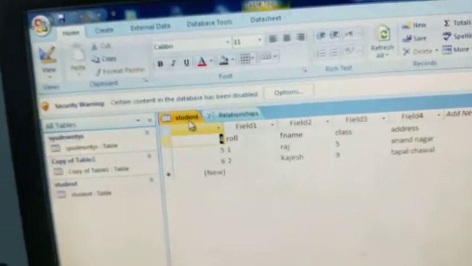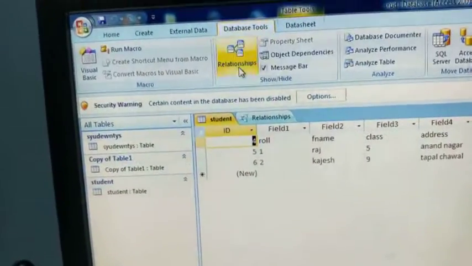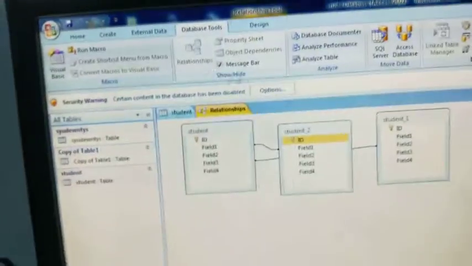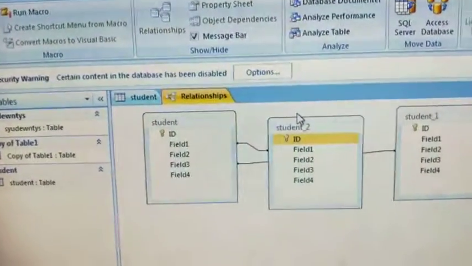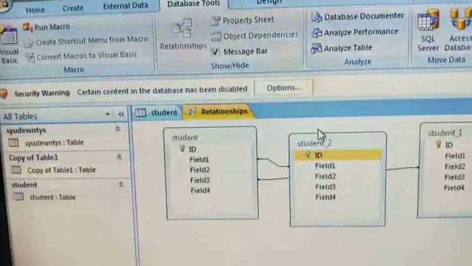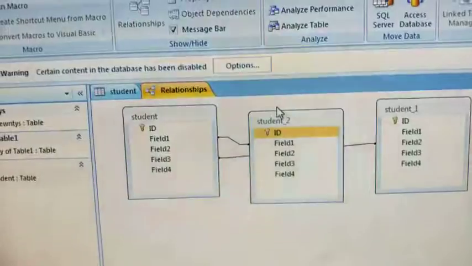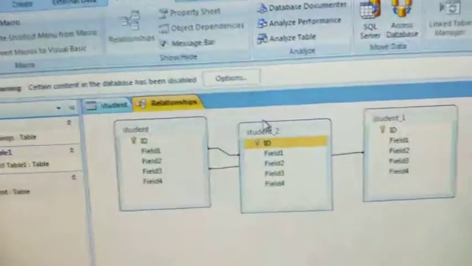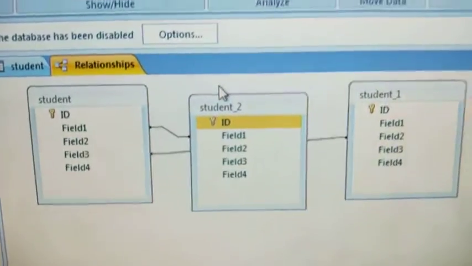Here the tables will be there, and as I already made the relationship between the two tables, it is showing you the relationship. But now I will delete all this and do it anew for you.